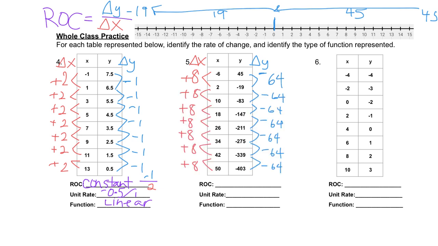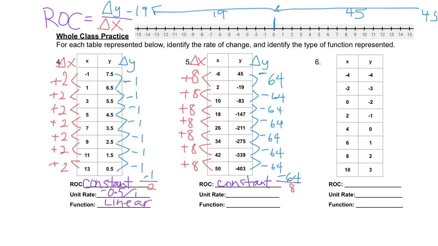You can see that our change in x increased by 8. All of our x's increased by 8. And all of the y values decreased by 64. So we just have one rate. It was the same for the whole table. That means that it is constant. And that's going to be a constant rate of change of negative 64